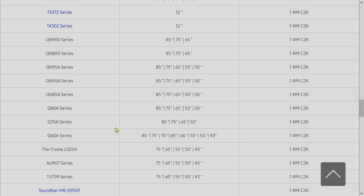And if we go even further down the rung of Samsung TVs, their UHD TVs will be known as AU and whatever number. So for example, last year, probably one of the more popular Samsung UHD TVs without quantum dot technology would be the TU8000. And I expect that this year, it may be the AU7000 or AU8000. But let's go back up to the